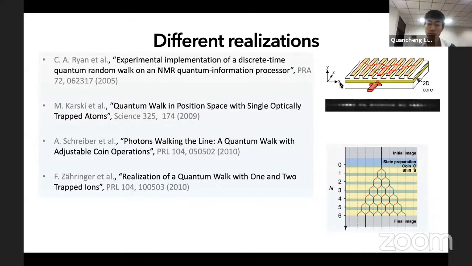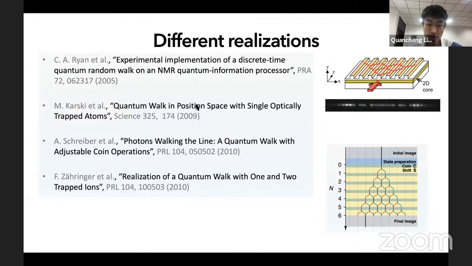Okay, so, you cannot, for example, inject an electron into a solid and then make it walk. So the quantum walk experiments are realized by, like we just heard in the course, mapping this quantum walk system to another system to realize the quantum walk. So for example, there is